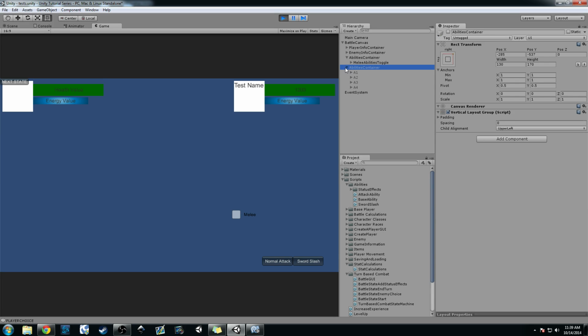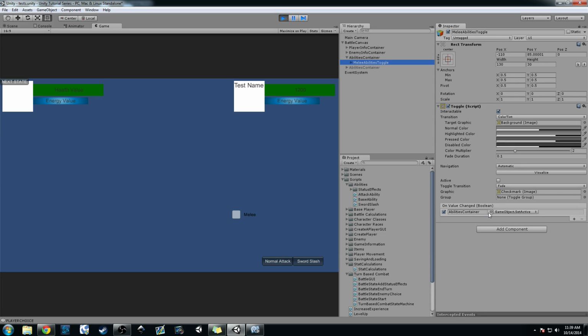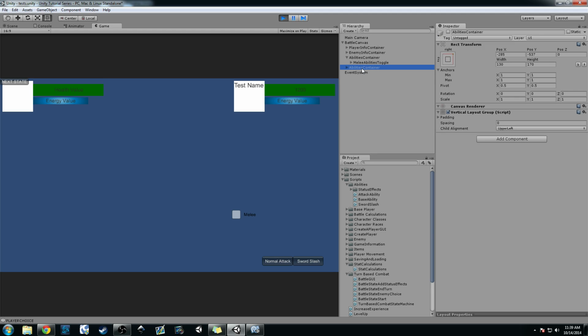And I wanted to show you guys that with this on value change boolean here. That's a good way to set game objects active and non-active. So what you're doing is you're just turning the game object off. You're not destroying it, and you're not reinstantiating it again. You're just saying, hey, don't be visible, and then be visible. So now what we want to do